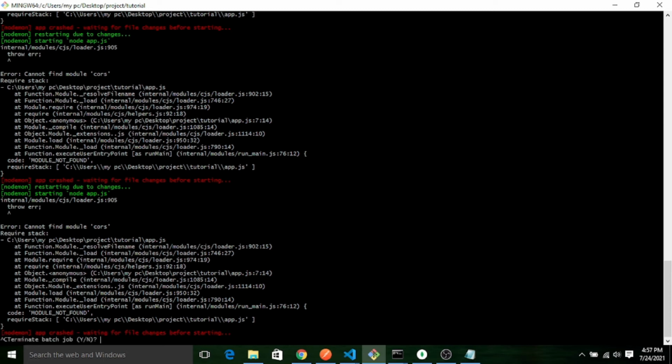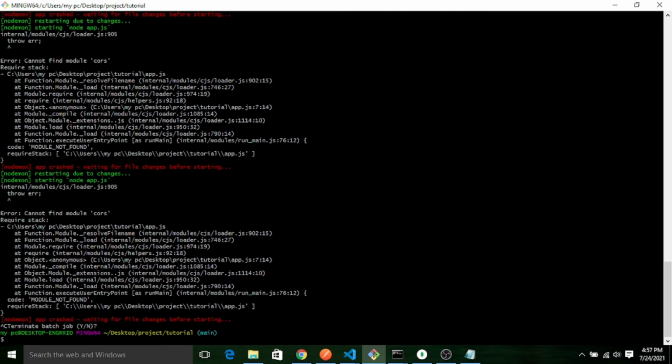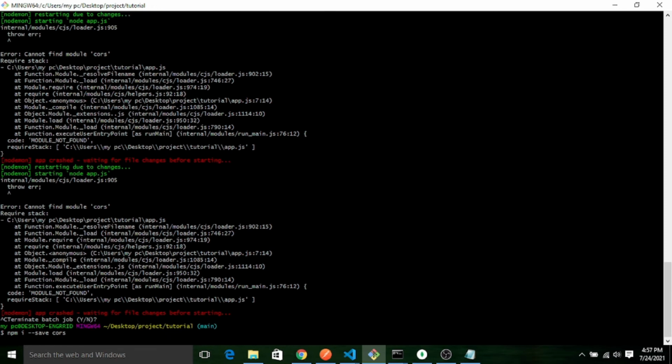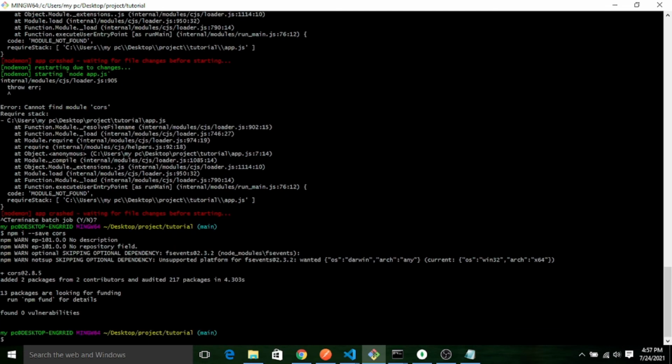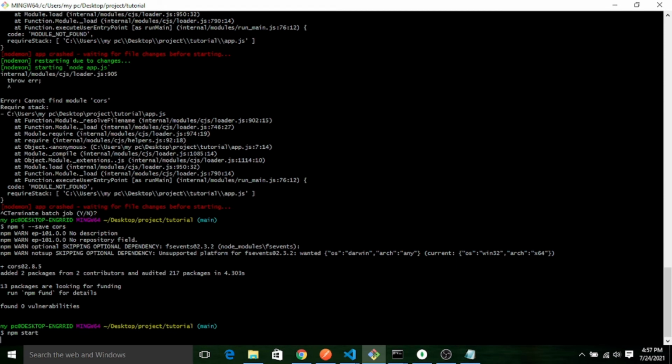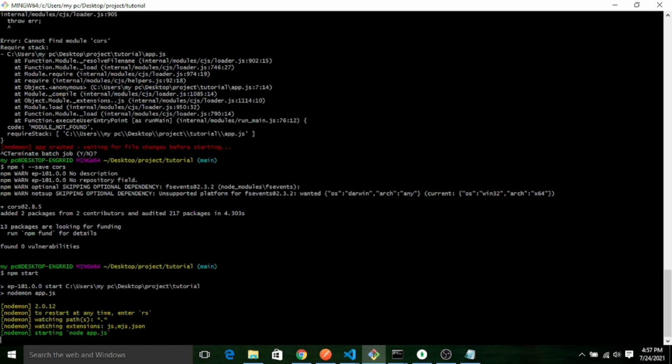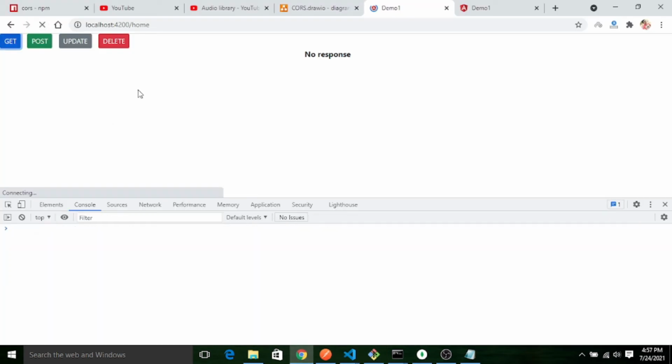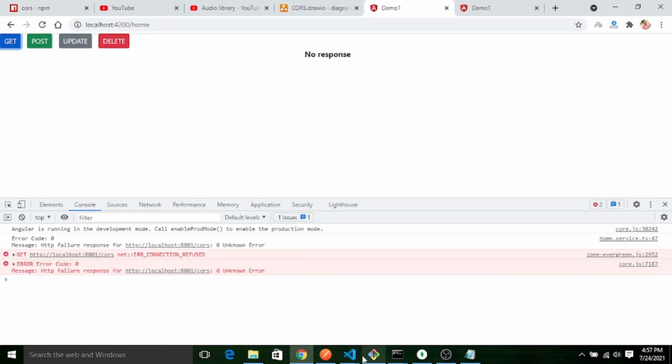Okay, we forgot to install it. npm i --save cors. Now the CORS module has been installed. Let's start the server. npm start, npm start. Let me refresh the page. Again there is some other error.